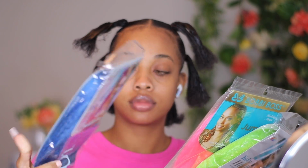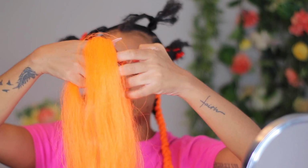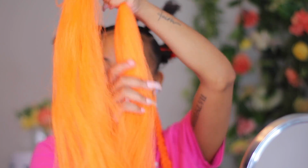I got this braiding hair from my local beauty supply store. It's Bobby Boss as well as this brand called Yaki Hollywood. I got pink, I got blue, purple, orange, and I don't know if I'm missing anything, but if I am, yeah. I got all these colors, and at first, guys, it was really difficult because colored